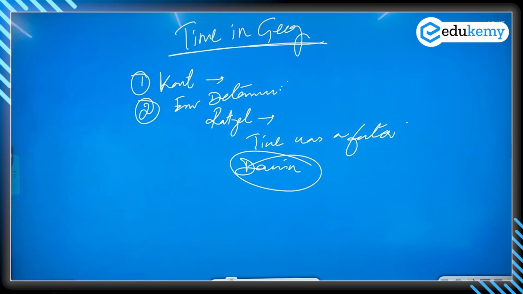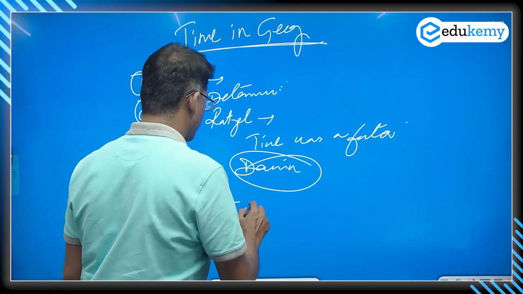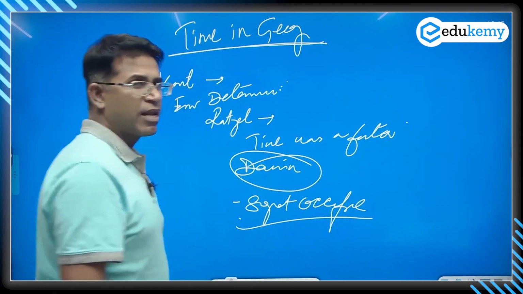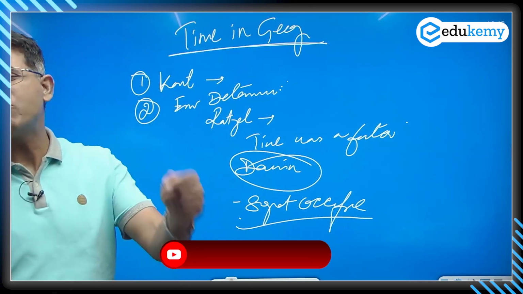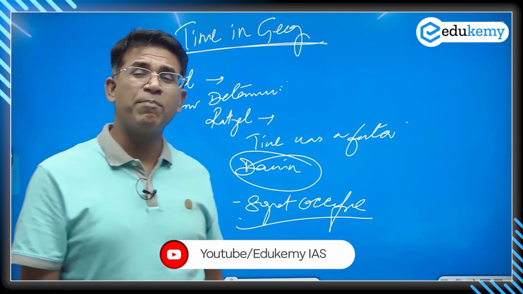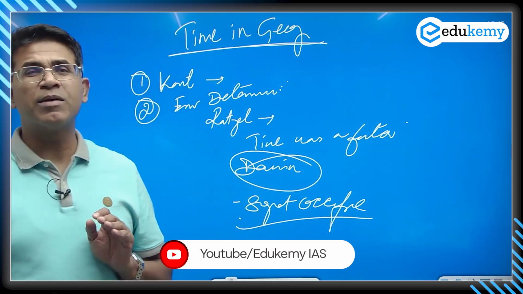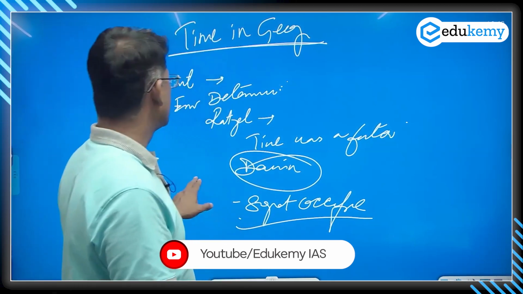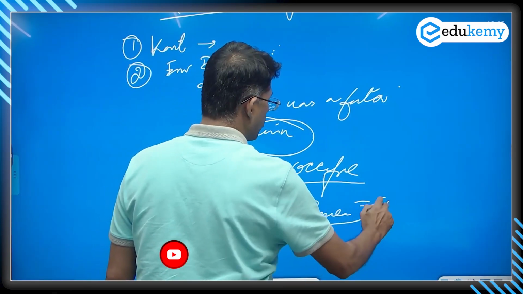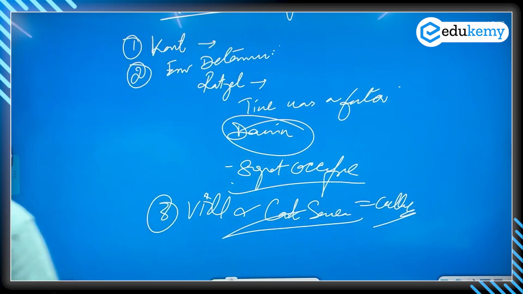Okay, so Ratzel talks about the concept of sequent occupants. This is entirely the time dimension. Whereas new tribes come in from time to time into a place, that place gets reassessed and the place gets modified. The concept of sequent occupants. So time came in Ratzel. Third, Vidal and Carl Sauer both talk about culture, genre de vie, and culture has a time dimension. No culture develops without time. Culture has a time dimension.